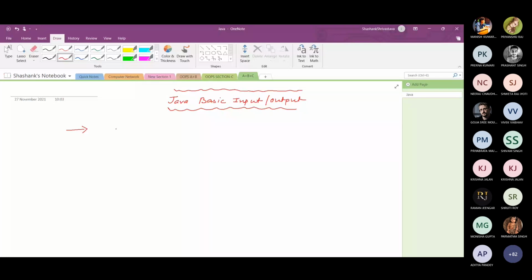Accepting input from keyboard, because till now we have used fixed data. If I would like to initialize the object's instance variables, there are three ways. The first way is by using the reference variable, the second by using a method, and the third way is by using the constructor.